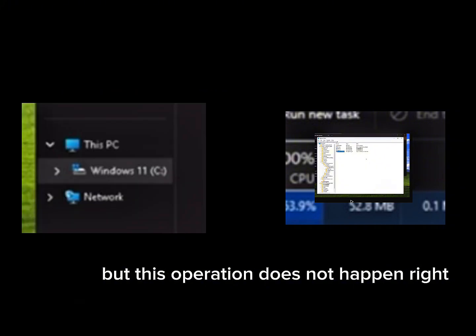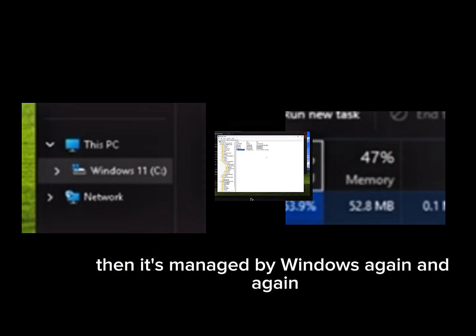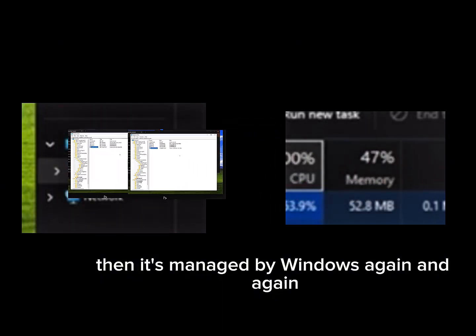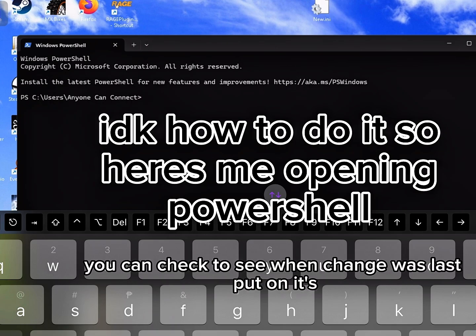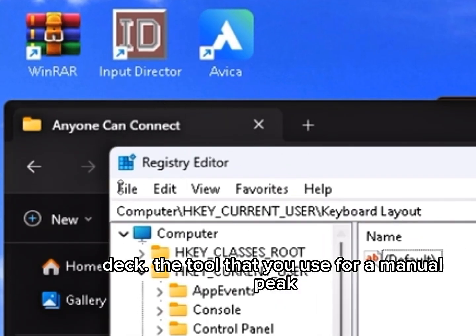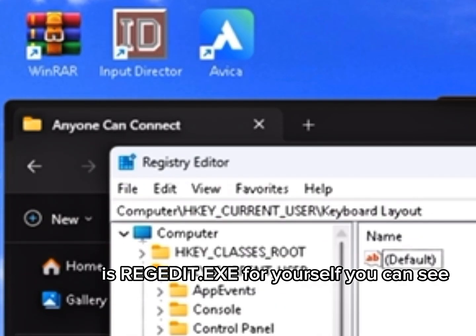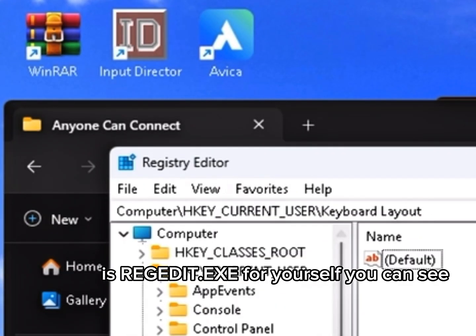But this operation does not happen right then. It's managed by Windows again and again. A key has a last write timestamp you can check to see when a change was last put on its deck. The tool that you use for a manual peek is regedit. Then for yourself you can see, but if you